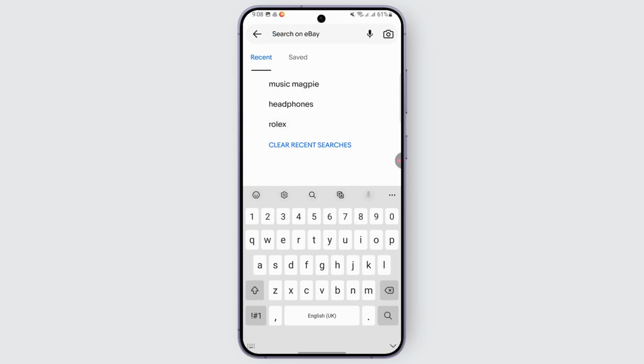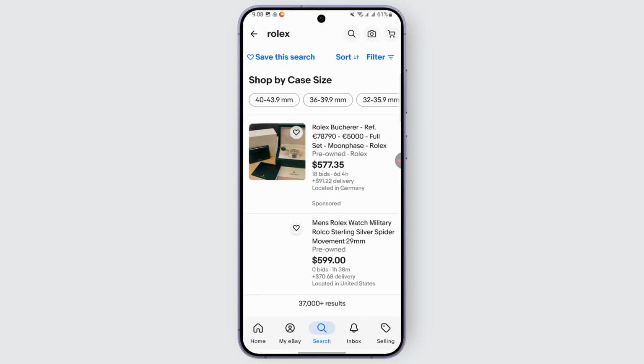For example, I would like to add this Rolex watch to my watch list. So you can basically search for the product, sort it out, filter it out. After that, once you find the specific product that you would like to purchase, tap on it and look out